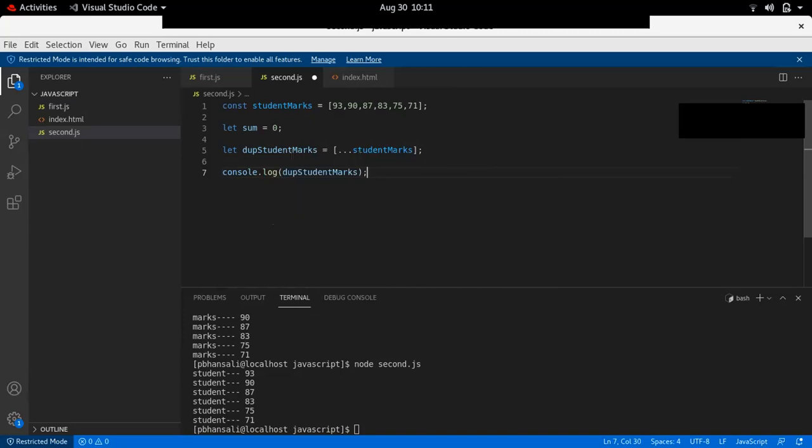But this time, instead of curly braces, we have used square brackets. That is the only difference.